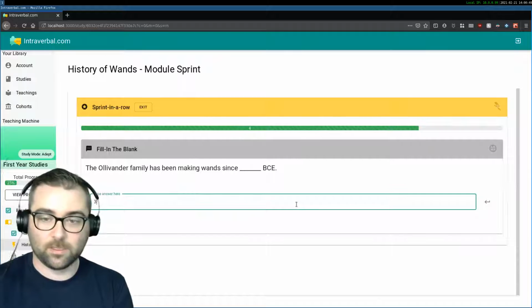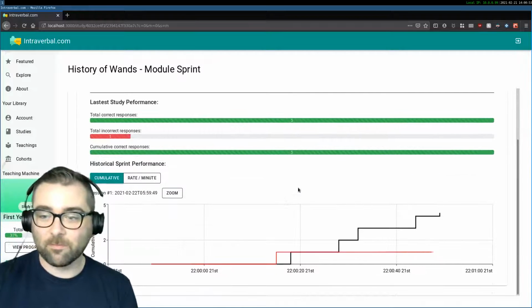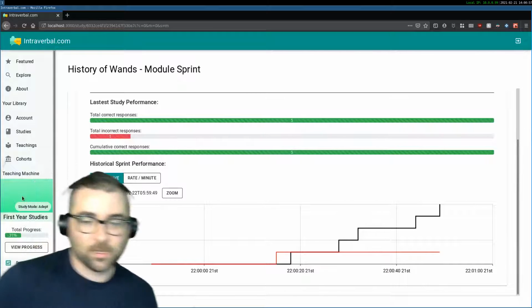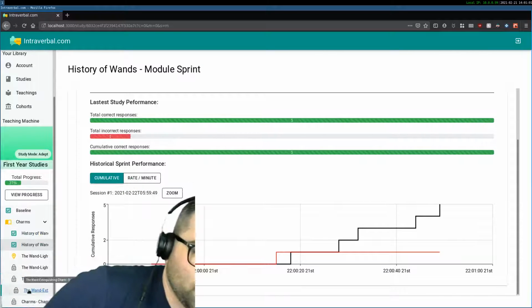Oh, I know this. 382. Okay. Passed, only got one wrong. It's going to show up again, though, because down here there's going to eventually be